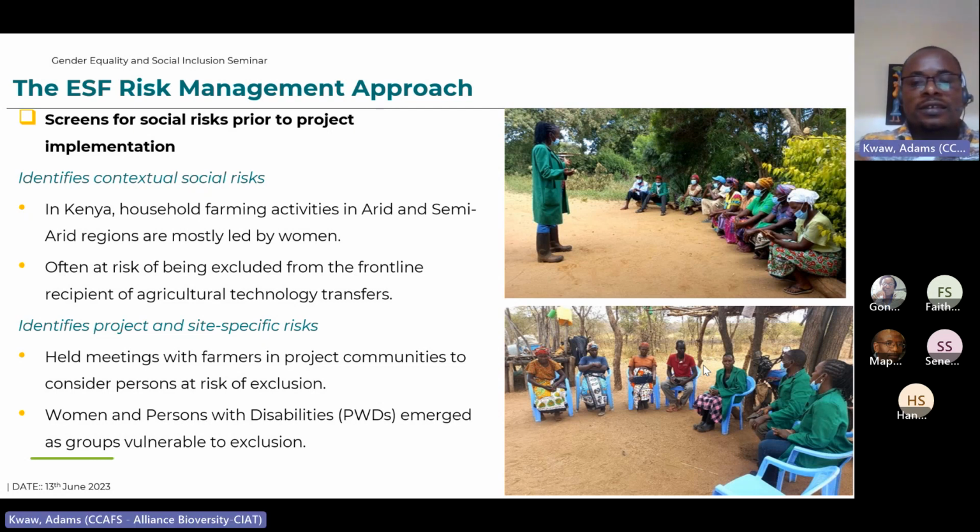So we recognized from that assessment that it is important we pay attention to involvement of women in AICCRA CSA demonstration activities. And on that basis, when we went to the field to do field assessment, we discussed with the farmers. We had opportunity to meet those who might be at risk of exclusion apart from women. Because already with that knowledge, we encouraged the implementation team being led by AICCRA to pay attention to women.